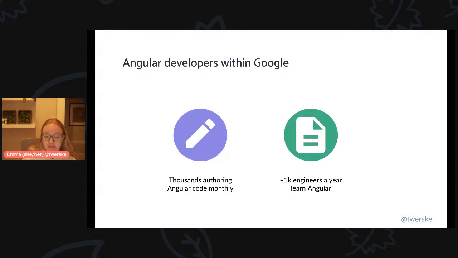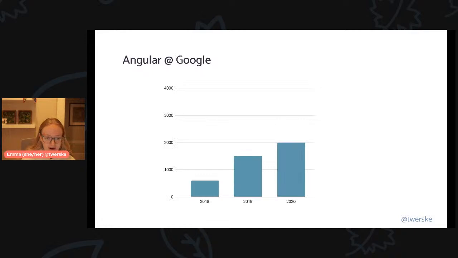And specifically, there are about 1,000 new developers every year learning Angular and going through our introductory courses and onboarding to Angular at Google. So quite a lot of volume there. And if you look at the number of applications, there is a significant increase in the number of Angular applications at Google. Year over year, there are almost 1,000 new applications, somewhere between 500 and 1,000. And in fact, last year we saw the largest jump yet, with another 1,000 new Angular applications being added to Google. And these are things from internal tools